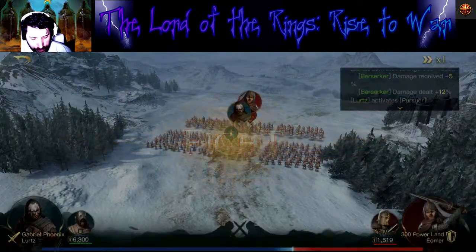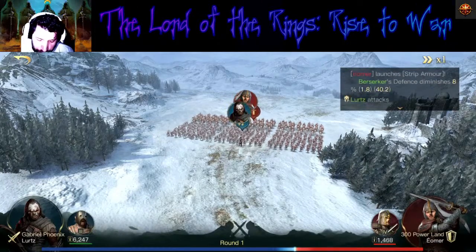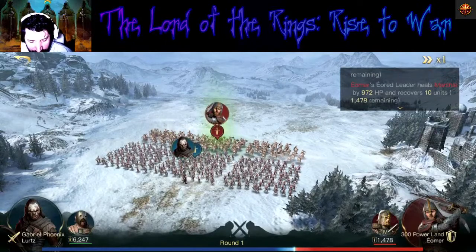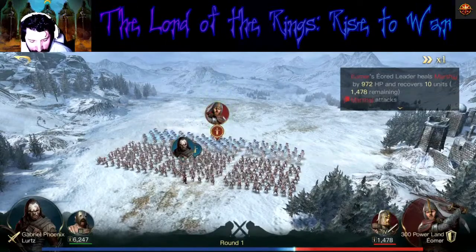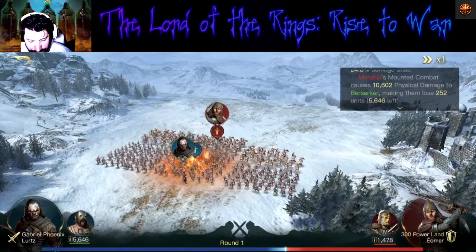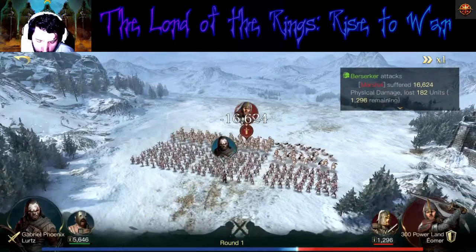Now Berserkers are not the fastest. They are pretty slow, but let's see here. Look, 4,000 damage already done, gradually increasing against tier 4 units. They're going to do 14. Now we're gonna come back. And look at that,